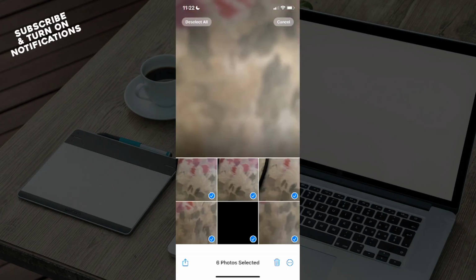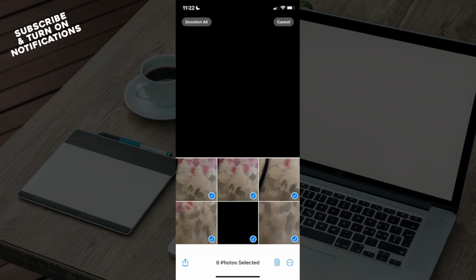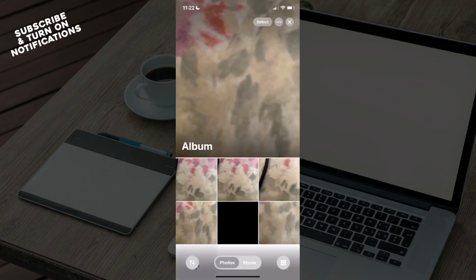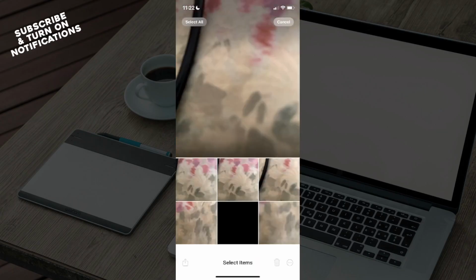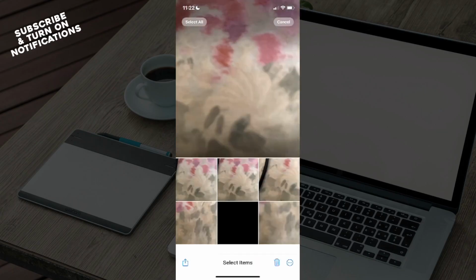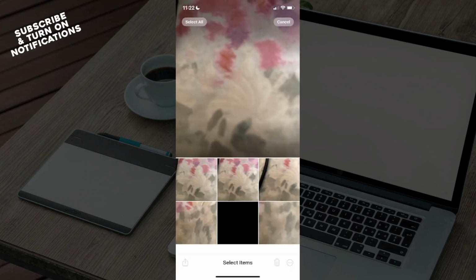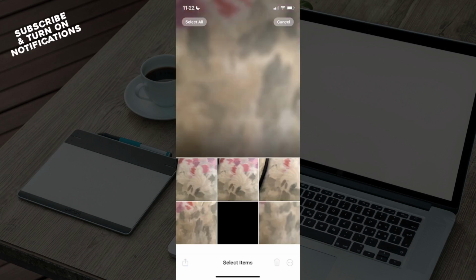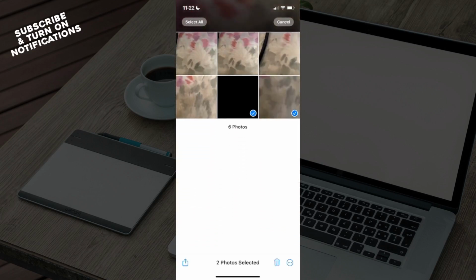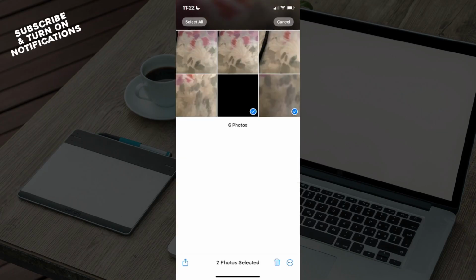If you wish to do it in your entire gallery, that may take a while, but the process will be pretty much the same. Click on select, and you can see you can do it one by one. I don't suggest you do that since it's going to take a lot of time, especially if you have thousands upon thousands of photos. You can just go ahead and start swiping, and you can see I'm not clicking one